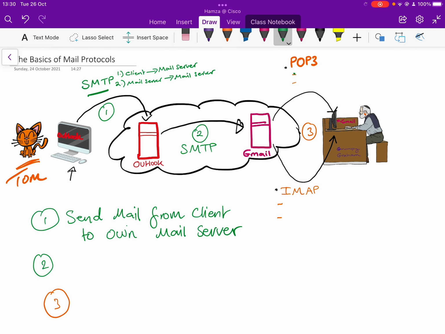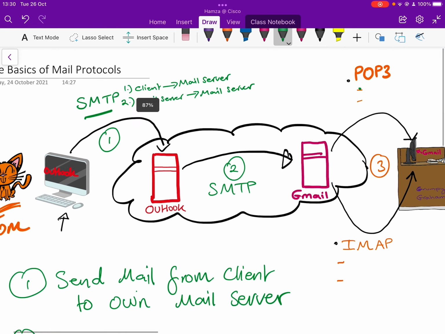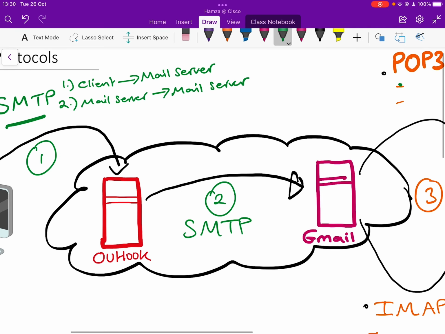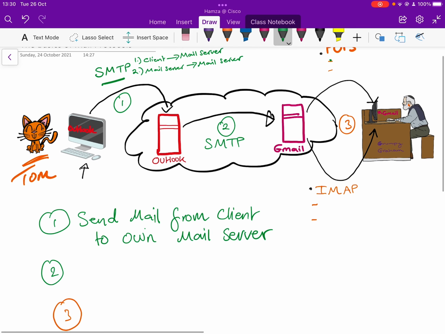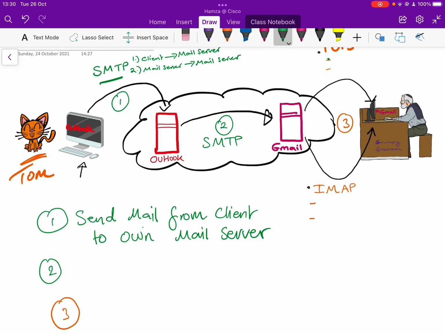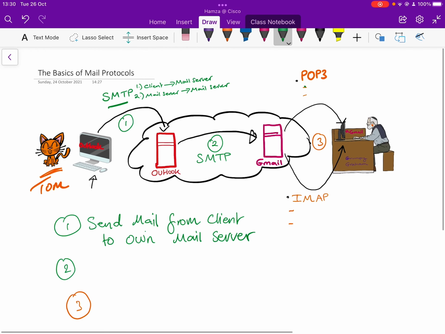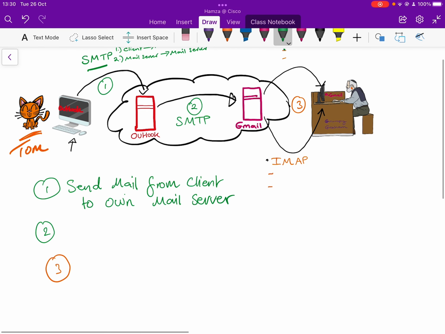So SMTP has two purposes, as we can see here. It can send from the client to your own mail server, and then from your mail server to the recipient's mail server. So that's what's occurred here: sending from Tom's mail client to his own mail server. That's the first step. The second step is now mail server